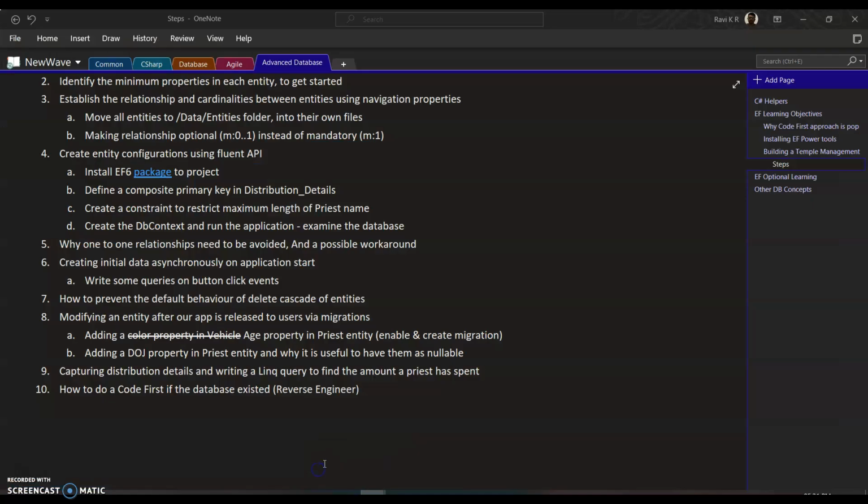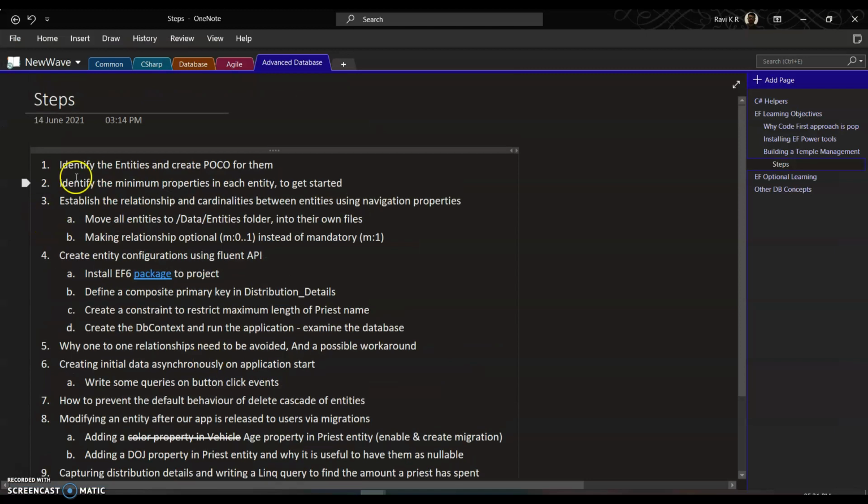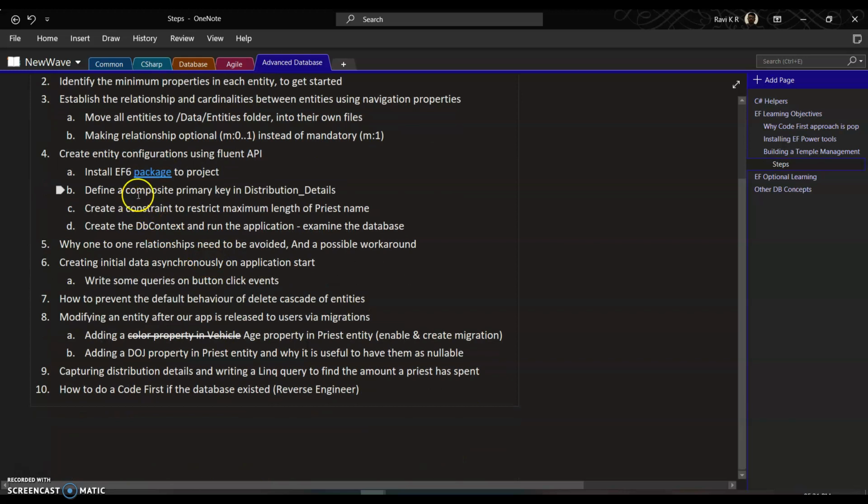So we did cover quite a lot of ground here, starting from identifying the entities in the first place for the given problem, designing the database, the constraints, going with the conventions, or when the convention was not clear, we went with configurations. I also showed you alternate options to one-to-one, and we went ahead and created some data in an asynchronous fashion. We saw how to use Fluent API and prevent somebody from doing a delete cascade.